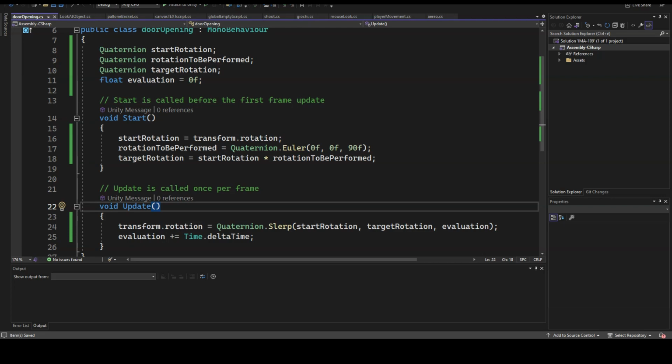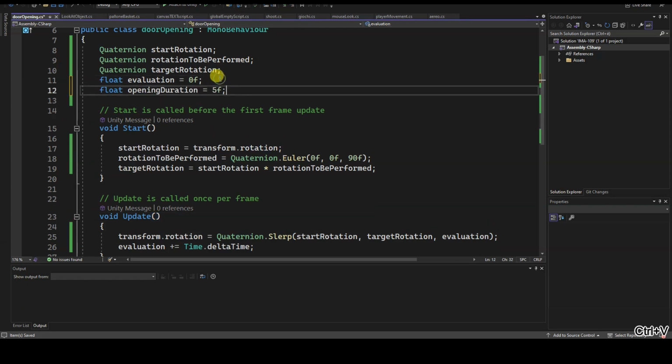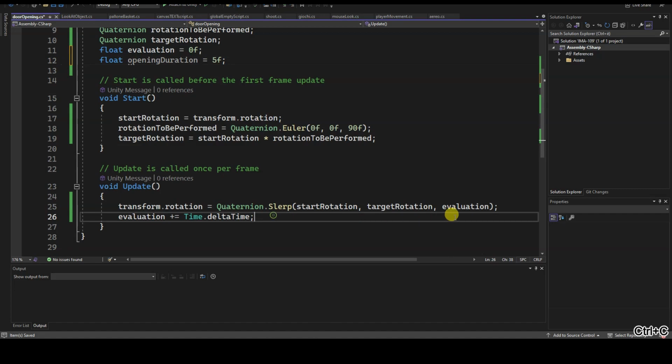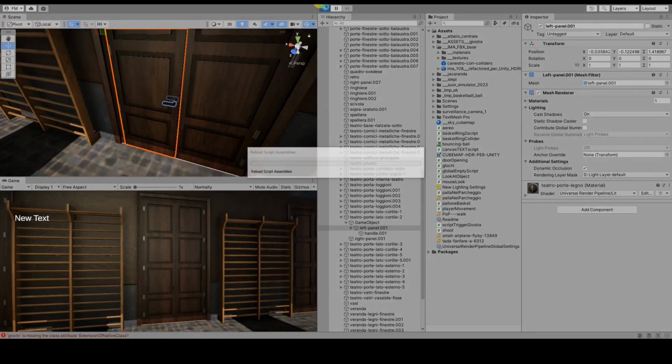So let's define a variable, float openingDuration equals 5f, because we want the animation to last 5 seconds. Then, update the instruction regarding evaluation in the Update method as follows: evaluation plus equals Time.deltaTime divided by openingDuration.